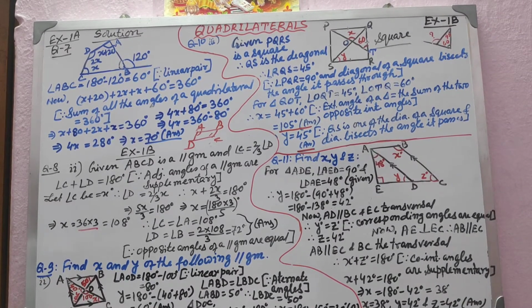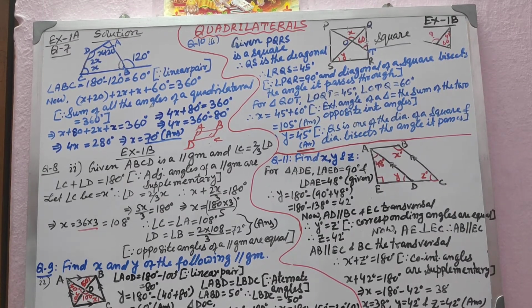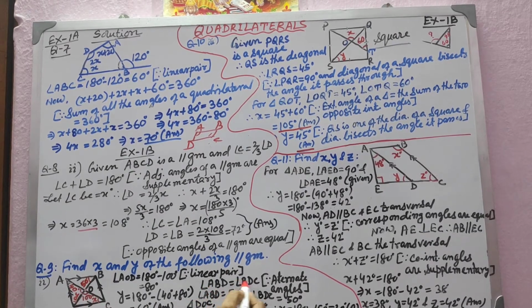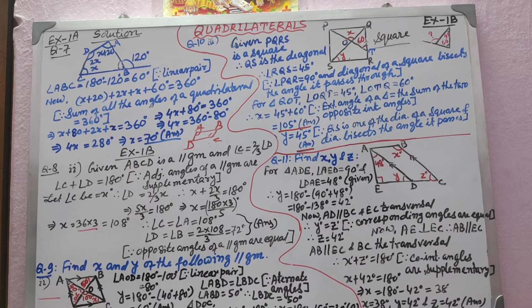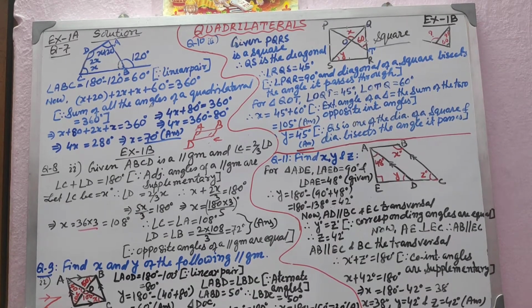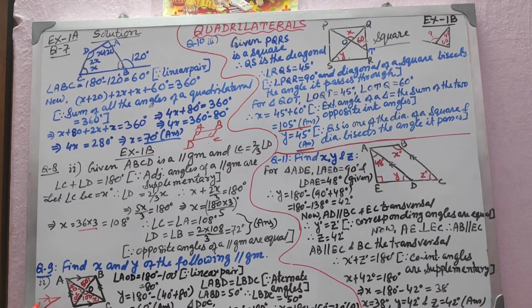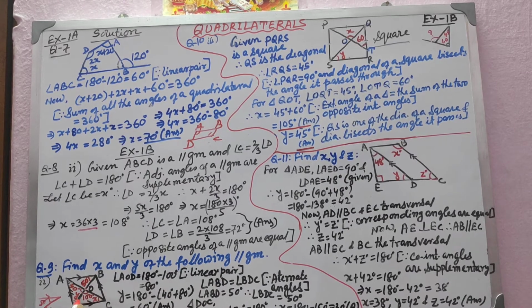Understand? Now x we have to find out. To find out x, it is very simple. See, ABD is equal to BDC. This is a parallelogram. This line is parallel to this line. If BD is the transversal, this is 50 degree given to you. Will this not be 50 degree? Yes, it will be 50 degree. So ABD also, BDC also will be 50 degree.